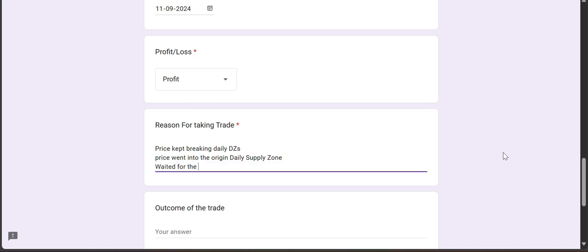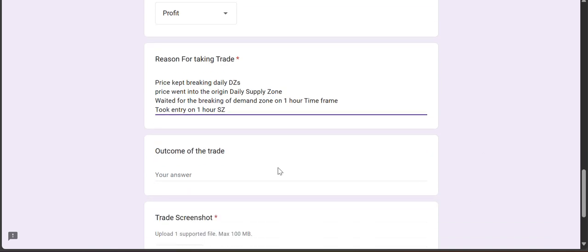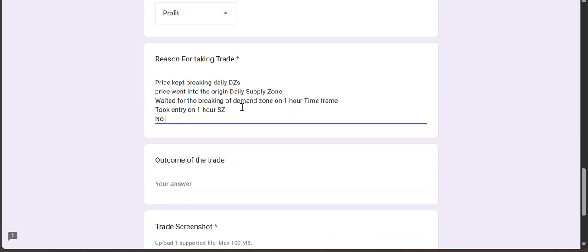Waited for the breaking of the demand zone on the 1 hour time frame. Took entry on the 1 hour supply zone. No higher time frame demand zone to stop the price before hitting 3:1